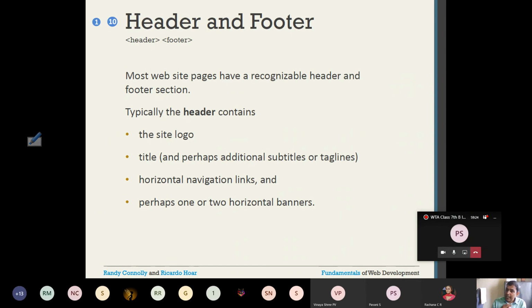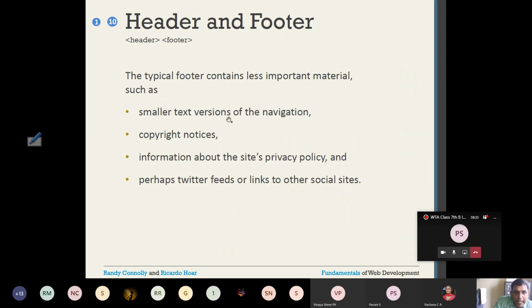But how do you create a header in a web page? A header in a web page is created by using the header tag. Similarly, a footer can also be created. What does the footer contain? Usually a smaller text version of navigation. Assume I want to go to the next page. There may be an arrow mark, which is a link to the navigation, to go to the next page.